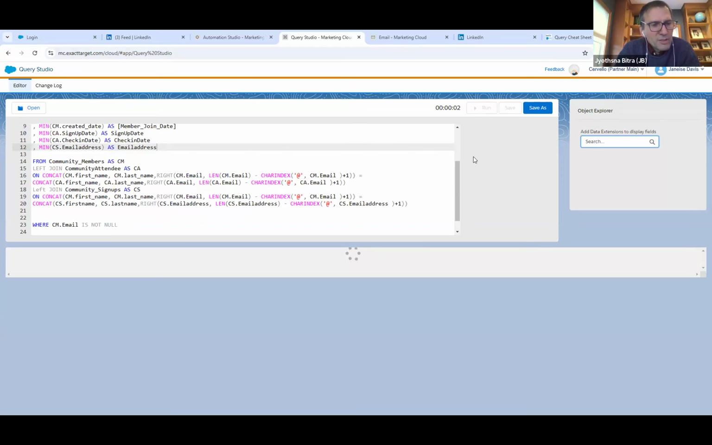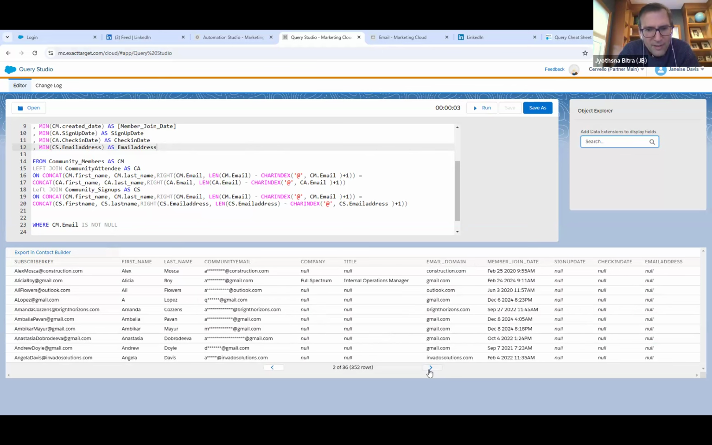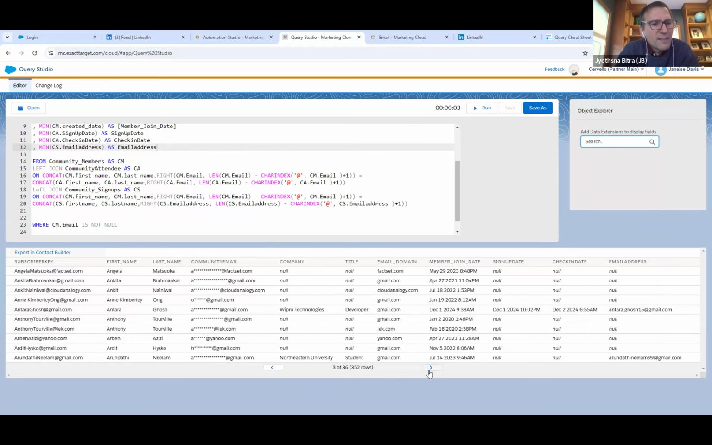So it looks like it took, which is good. And then we can try to scroll through some of those records. There's a lot of them. Just to validate that it actually populated, let's copy the cs.email address field on